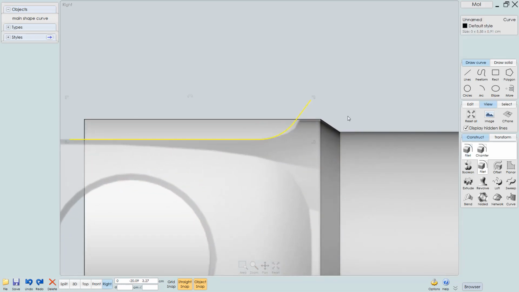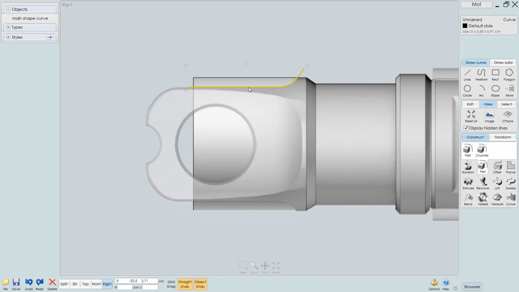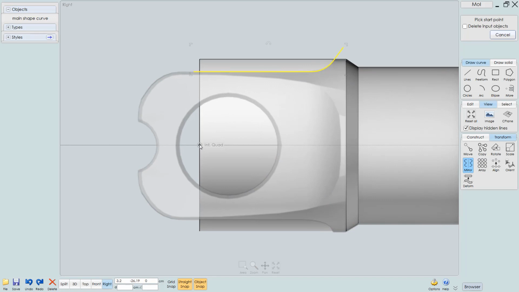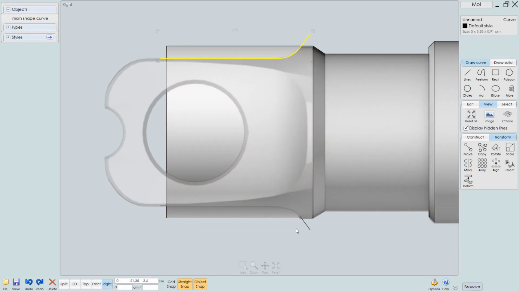Going to select that curve, and maybe let's move this over just a little bit, something like this. And I'm going to mirror this over to the bottom. So let's go to the Transform tab, use Mirror, and I'm going to pick this center line here, and then just drag my mouse until the second curve is down here in the mirrored position,